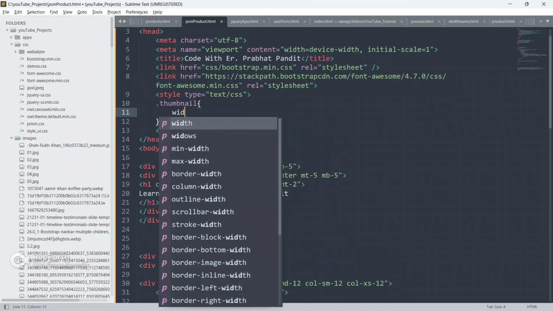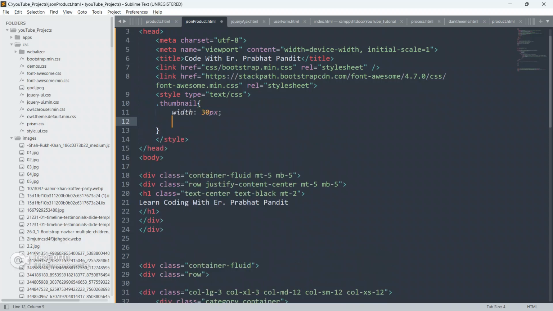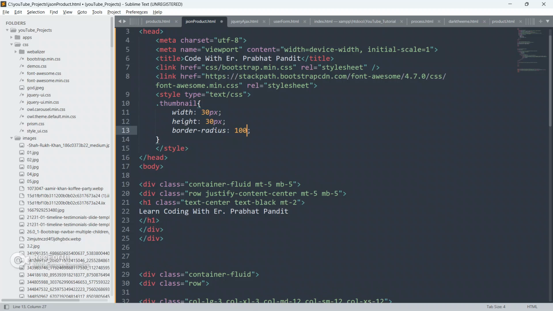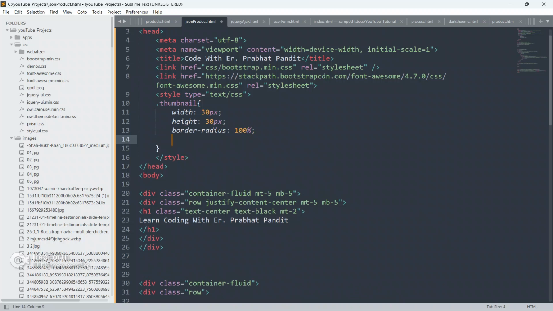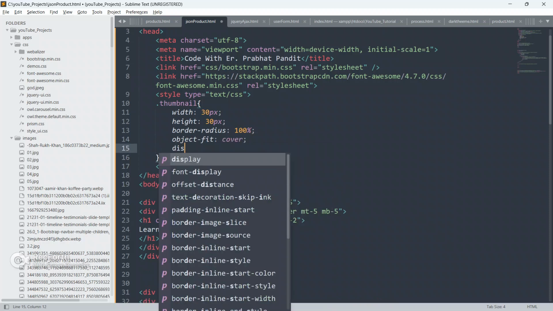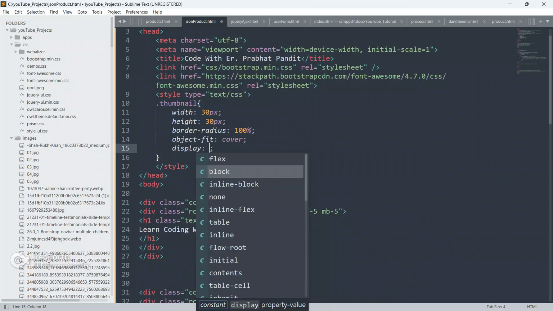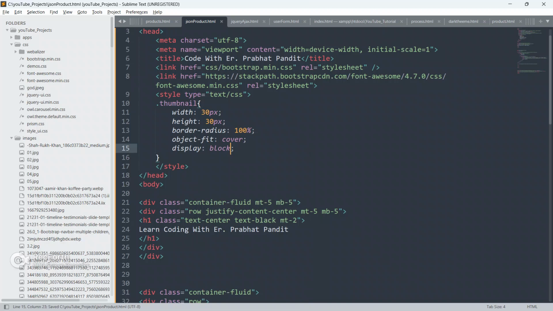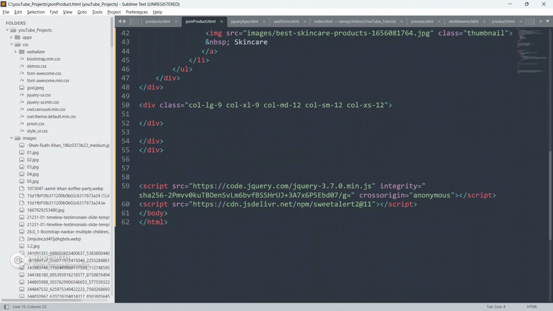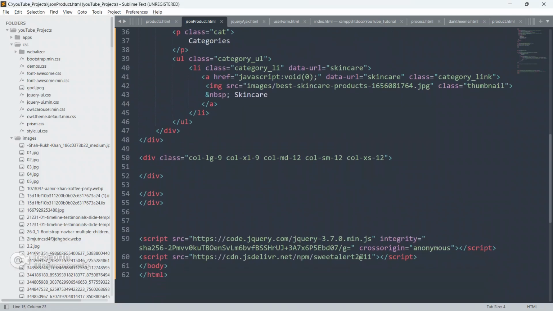I'm going to target this thumbnail, give width 30px, height 30px, and border radius 100% to make it round, circular, and give object fit cover, give display as block. Okay, so save your code, go to the browser and refresh your page. So later we will do all the things.